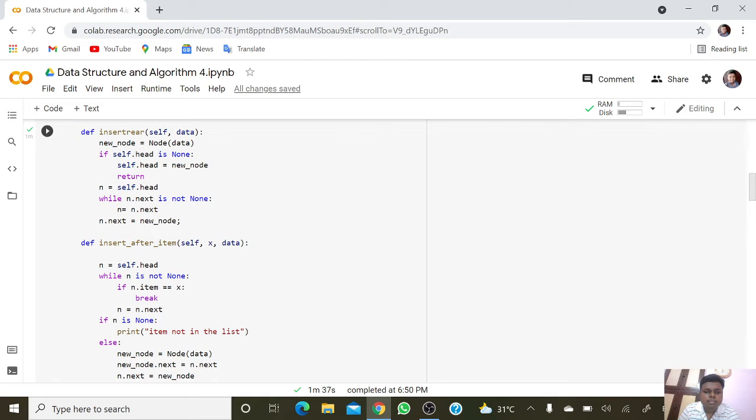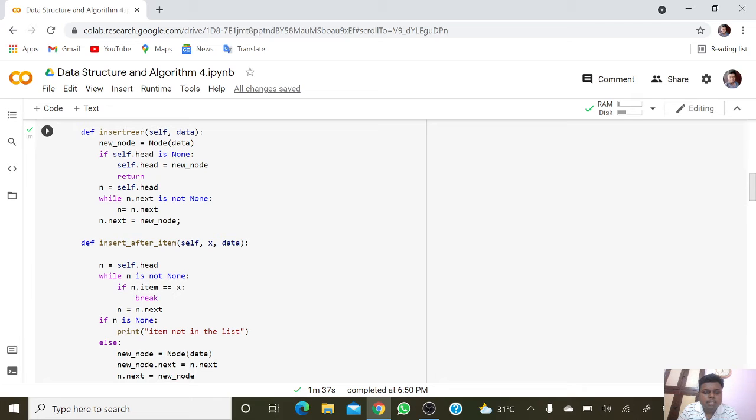After creating front and rear, we're going to insert an element after a given item in the node. So we're using def insert_after_item(self, x, data): n = self.head, and then while n is not None, if n.item == x, then break, else n = n.next.